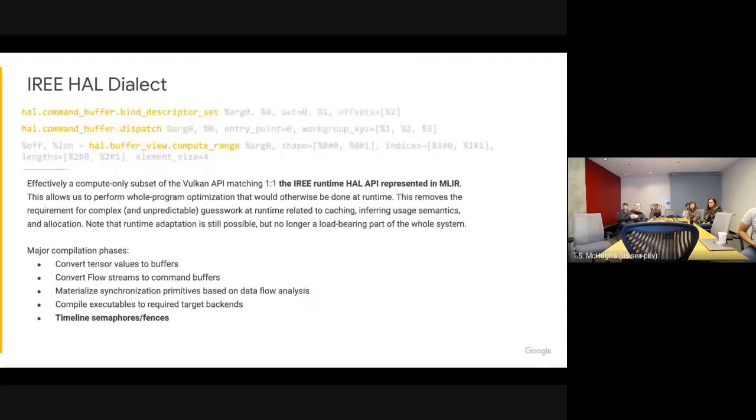And that means instead of these value semantic tensors, we want buffers. Instead of these regions of streams and abstract dispatches, we want actual commands that we would be recording into command buffers. And the reason we want to model this here is that, again, the same benefits that we can get from looking at the IR at a higher perspective in the scheduling domain in the flow dialect, we can now get here. If we see 2 command buffer bind descriptor sets in a row, we can fold those away. If we see barriers that are redundantly described, we can fold those away. We can also do things like specialization.